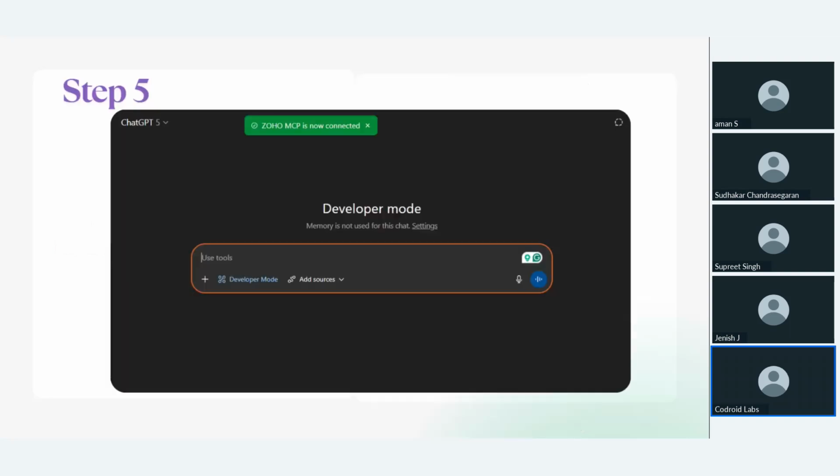After successfully connecting with Zoho MCP, you can find this portal. Inside this portal, you can interact with your Zoho Projects and Zoho CRM. I will also share the Zoho MCP of my portal, which has lots of features where you can interact with the applications and perform many operations.